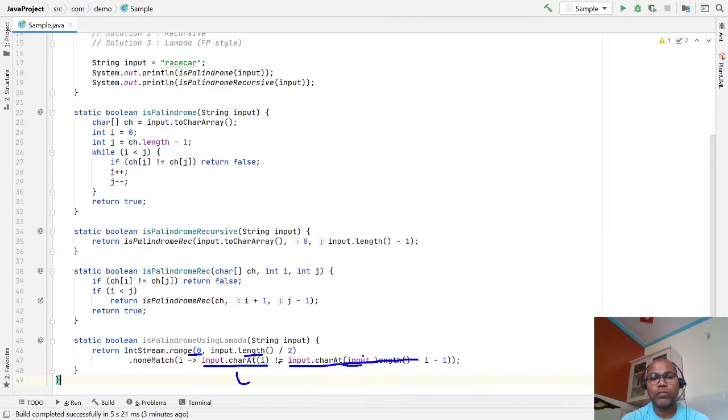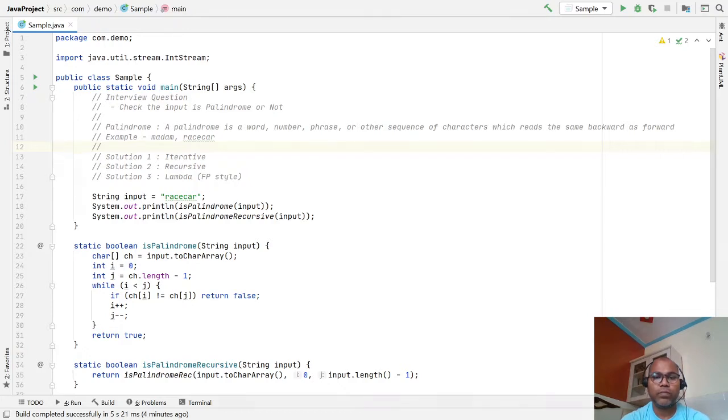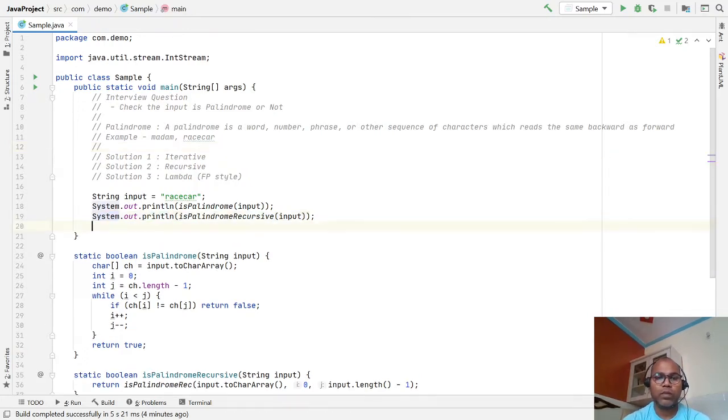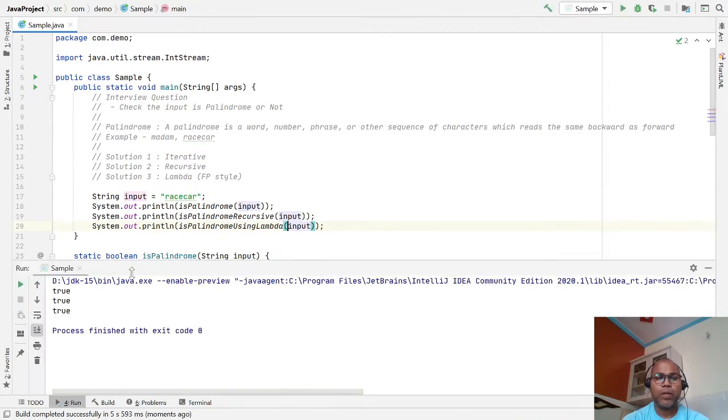And if you invoke this function, same output.